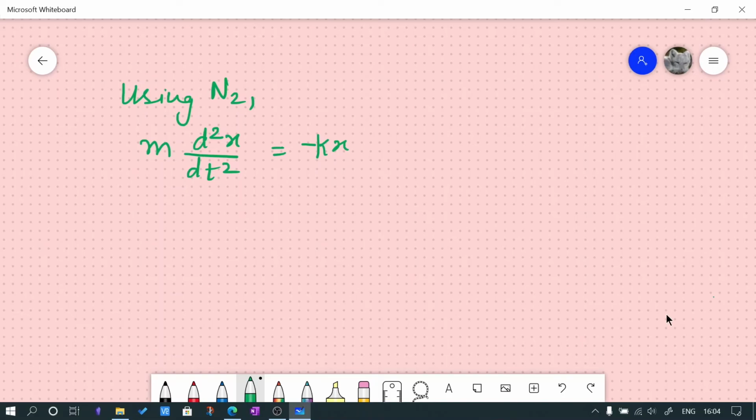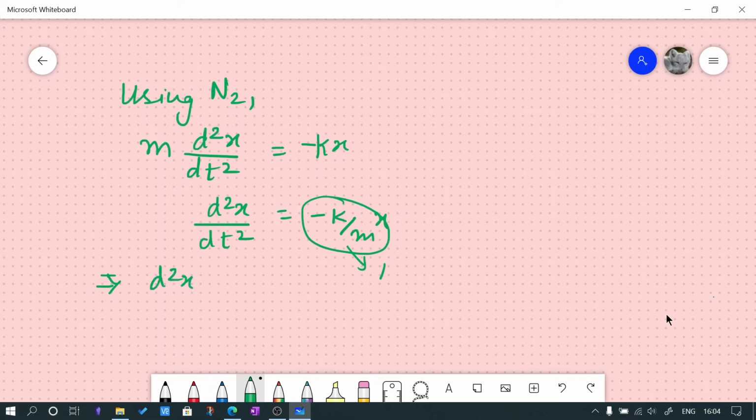So this is an example of a solution. This is the equation which we will try to solve using numerical methods. And to simplify our aim and our goal, and since we are not focusing a lot on what the equation says, rather the method we use to solve it, I'll be taking k by m equal to 1 just for solving the problem. So then this equation turns out to be d square x by dt square equals minus x.